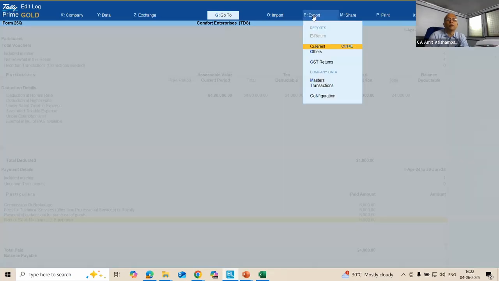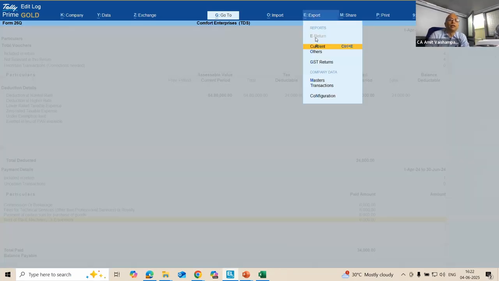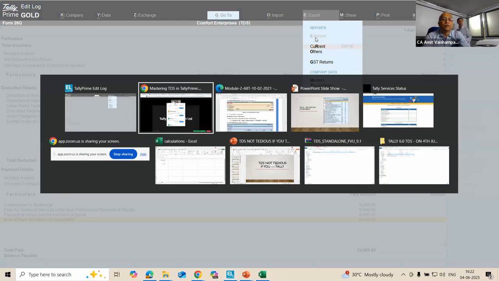Actually it allows you to generate a return from here. Why is it not happening? Anyway, right now it is not happening. It allows you to generate an e-return from here. After generating the e-return, it helps you create an SDF file. Once you have created that SDF file,